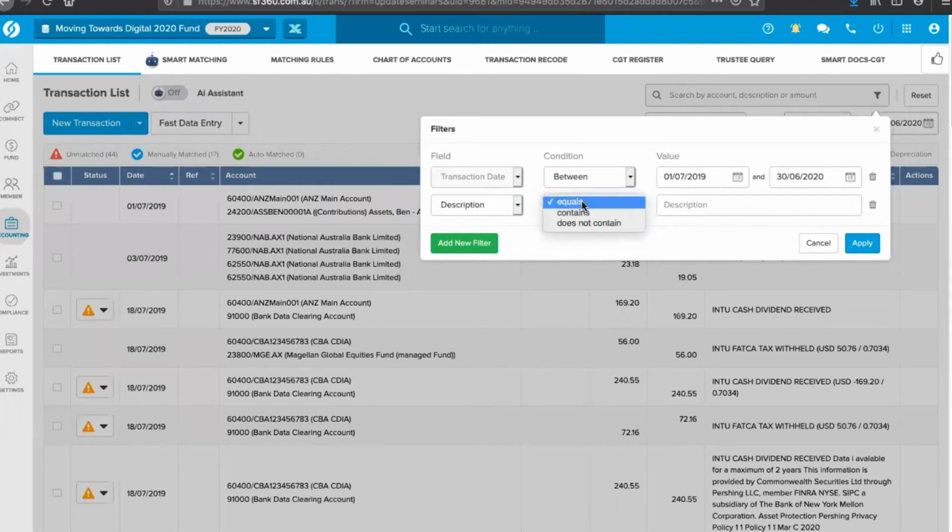It was previously equals and contains, which is good, but we had a few clients that said, hey, I want to see all my buy sells, but I don't want to include DRPs. So we can now say, okay, exclude the DRPs out of the transaction. So if I say do not include DRPs here and apply that,